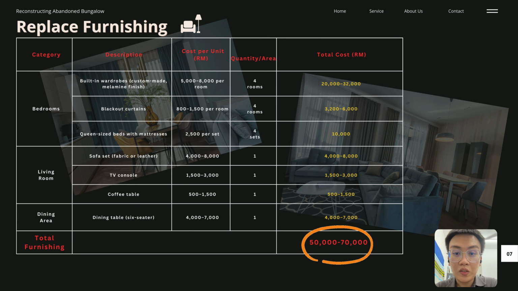So now let's move on to the cost of replacing the furnishings. The slide tabulates the cost required for replacing furnishings. For the bungalow renovation, the furnishing costs are broken down as follows: the bedrooms, including built-in wardrobes, blackout curtains and queen-size beds, are estimated to cost between